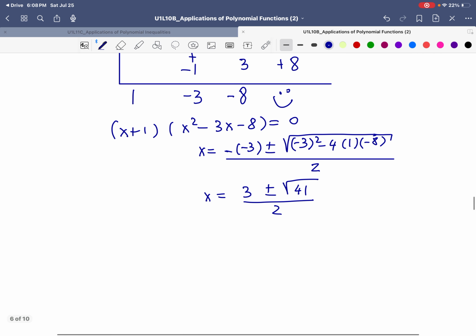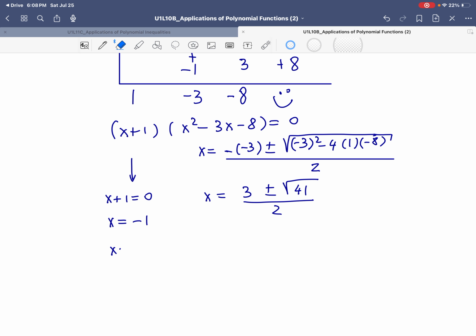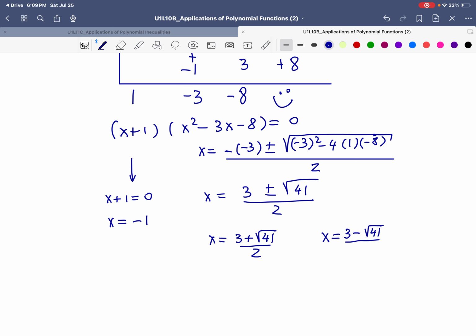So therefore, we're going to say that the value of the function will be 40 when x equals negative 1, when x equals 3 plus root 41 over 2, and when x equals 3 minus root of 41 over 2. And there you go, we got the solutions